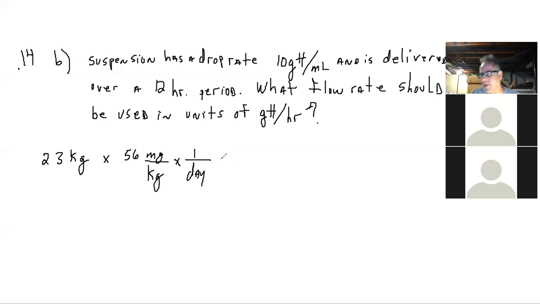Now, we're wanting to get to, over what, 12 hours, I believe, over a 12-hour period. Now, I'm going to need to get this day to cancel out again as before,